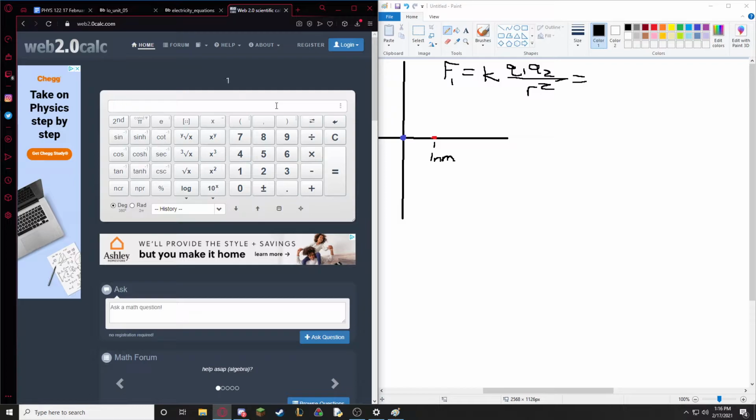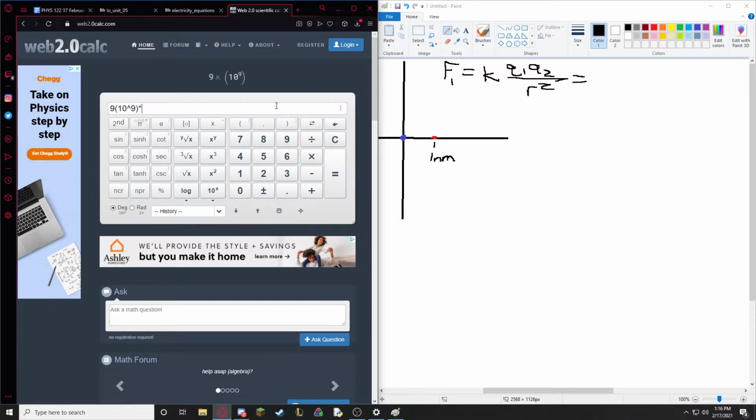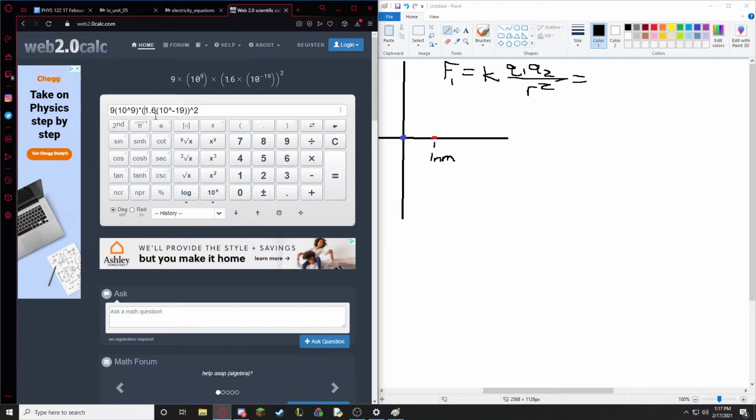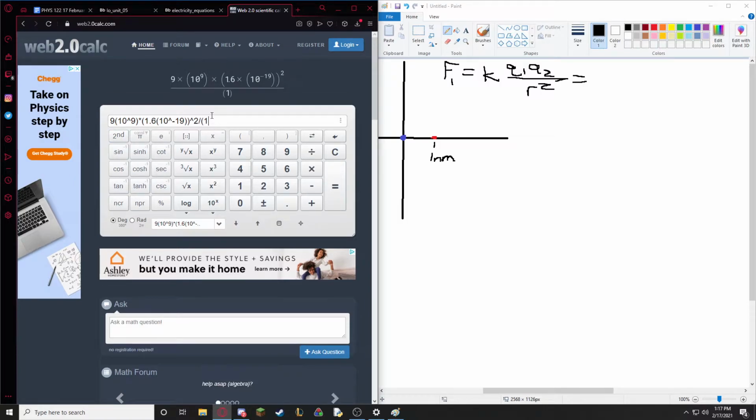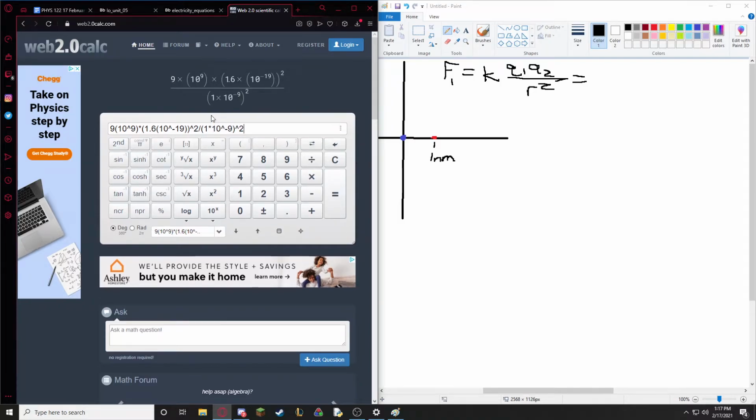There it is. Yep, so plugging in our value for K, 9 times 10 to the 9, times our charges, which are both 1.6 times 10 to the minus 19 coulombs, and I'm just going to go ahead and square that. We're just worried about the magnitude here. We're not going to worry about plus or minus. That's close enough to 0. And we are then going to divide by our R, which is 1 nanometer times 10 to the minus 9 to convert it to meters, squared. And we get a magnitude of about